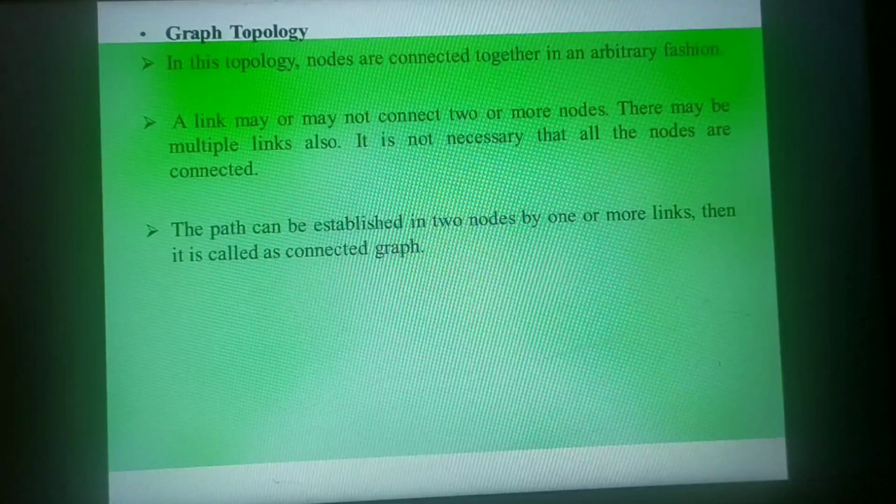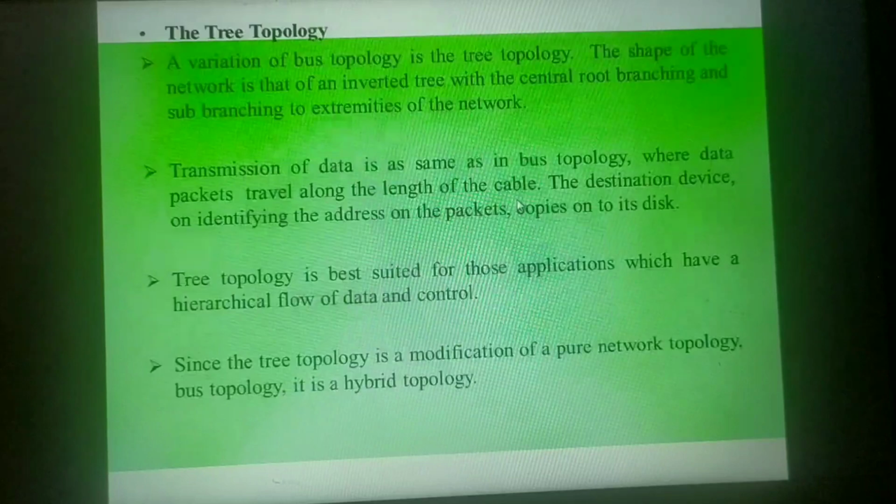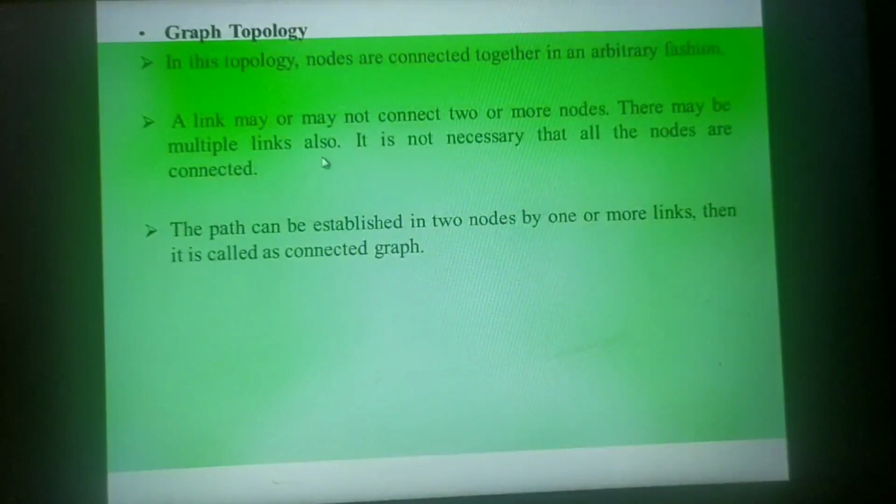There may be a link to connect two different nodes. Link means the path. So there may exist one or more links to connect two or more nodes, and there might be multiple links also.